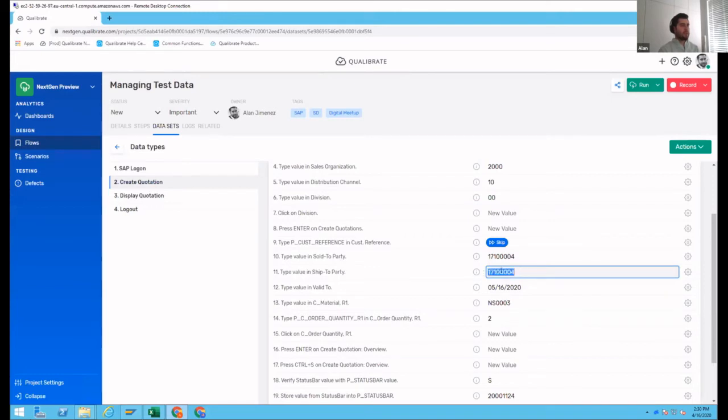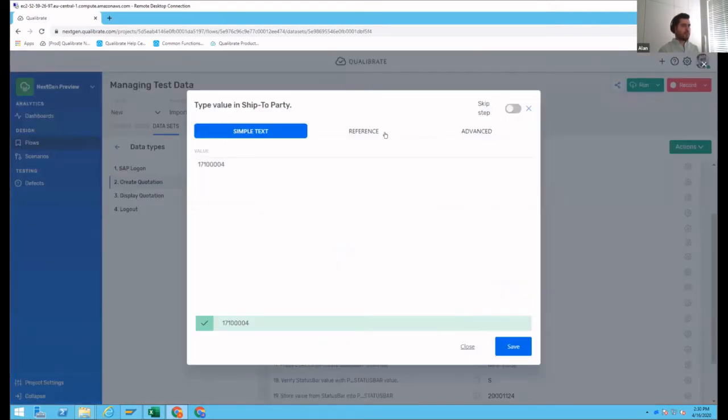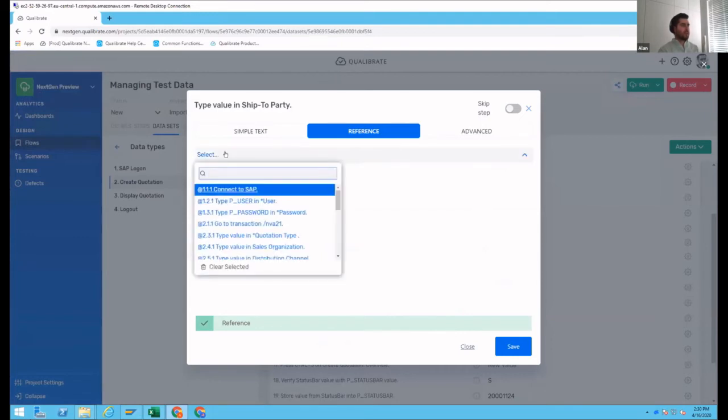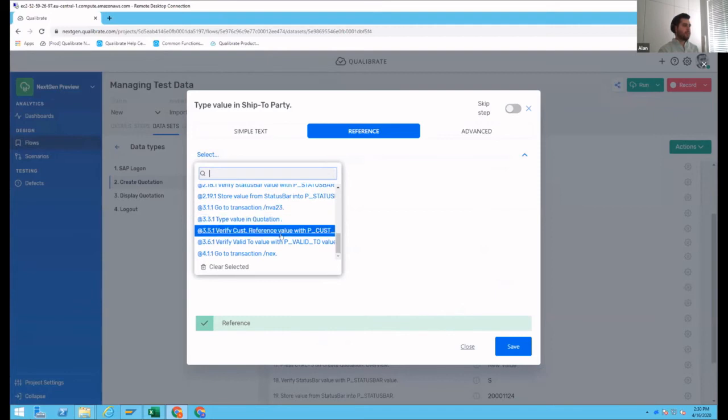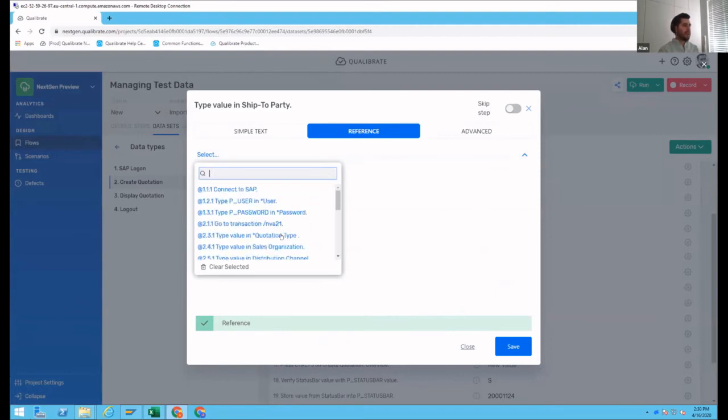What you can do here is similar to what you would do in Excel. You can do a lookup, but in Qualibrate, we call it the reference. Because I want to do a reference to this value, I can open the details of this step and go to reference. Here I have visibility on all the parameters that are part of that specific dataset.